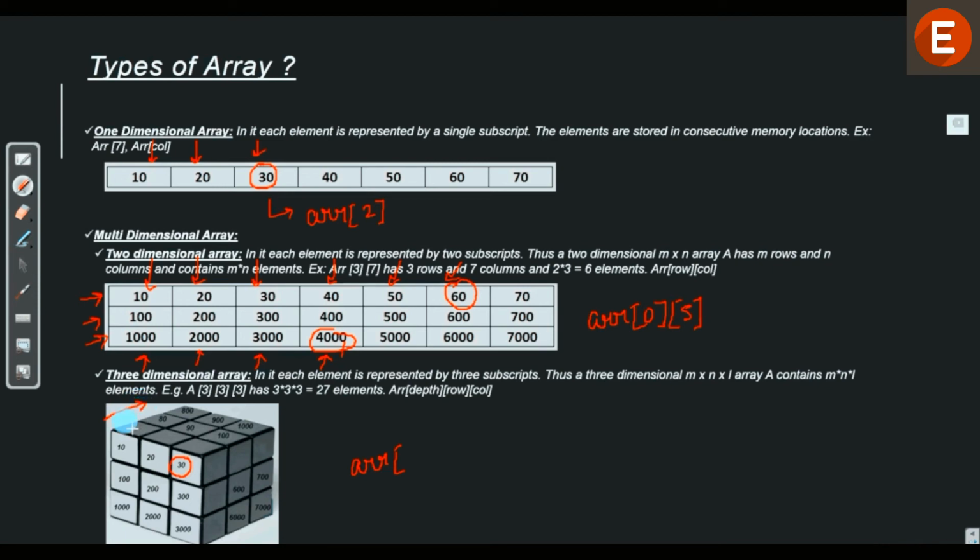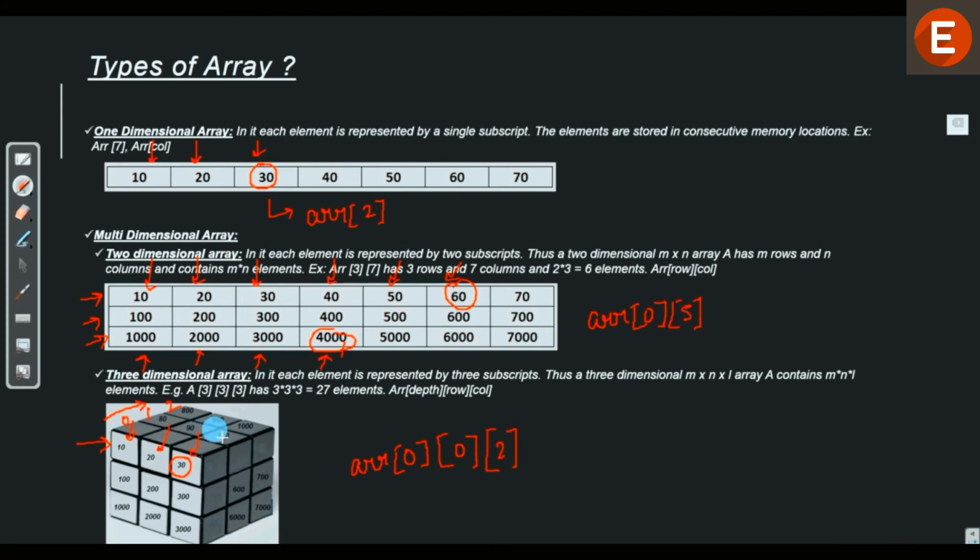That is, this is depth 0, this is depth 1, this is depth 2. In this case 30 is at depth number 0, so we put 0 over here. Now what is the row number? The row number is 0, so we put 0 over here. Now what is the column number? The column number is 0, 1, 2, so we put 2 over here.